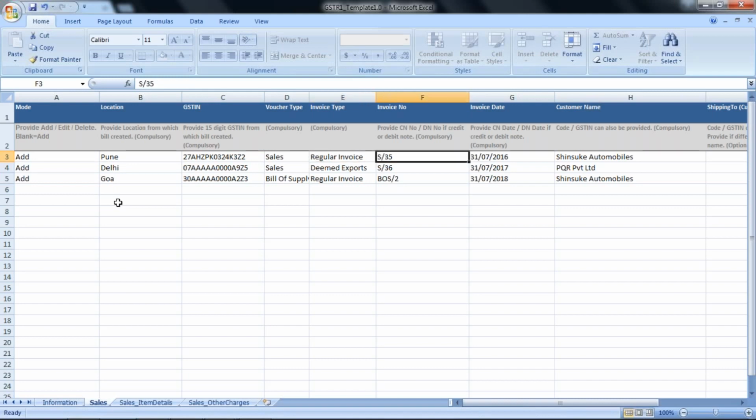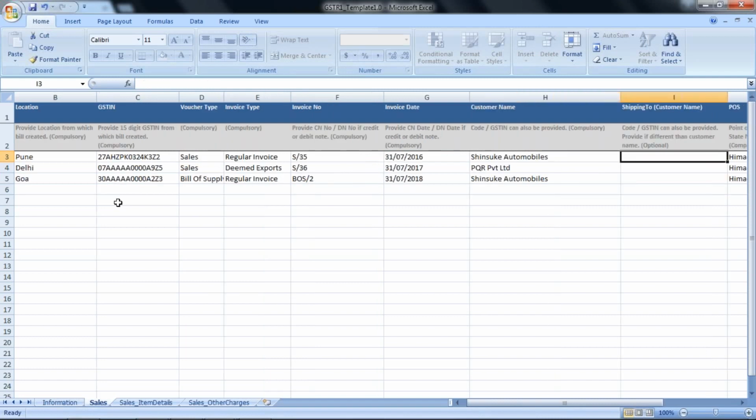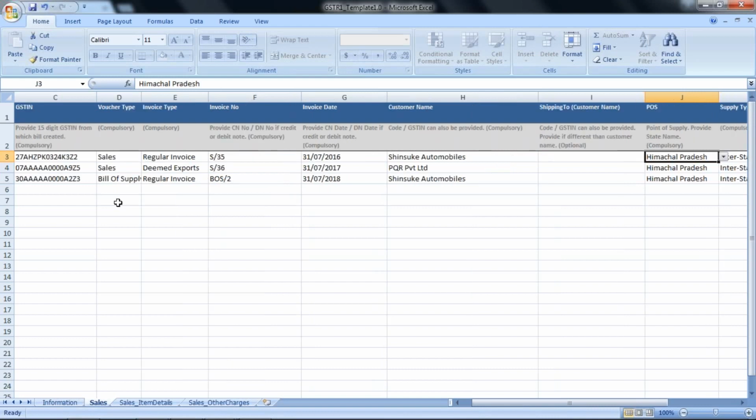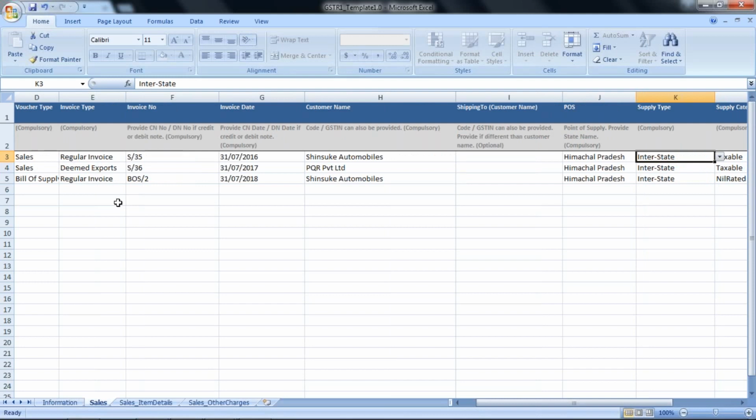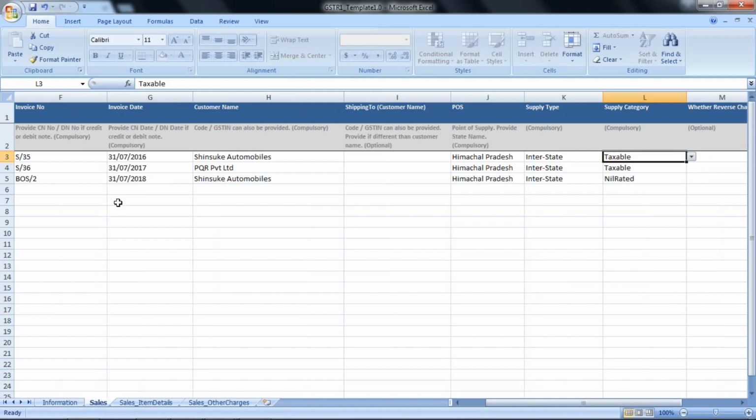Invoice type, regular invoice. Invoice number S35. Invoice date. Customer name. If shipping to is the same, then you can mention the same customer's name. Point of supply shall be customer's place. Supply type is interstate transaction because our location is Maharashtra and the customer's location is different, so it is an interstate transaction. Supply category is taxable,